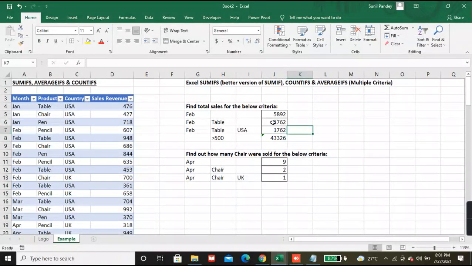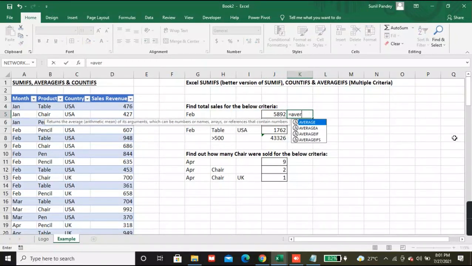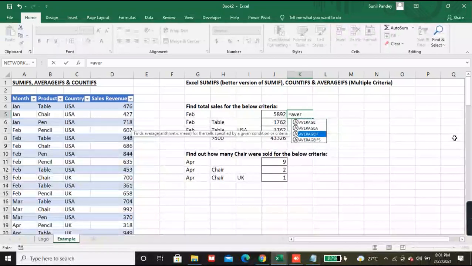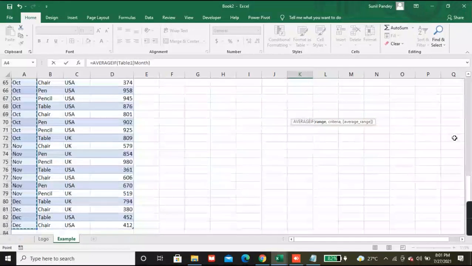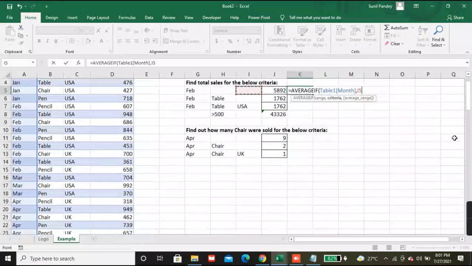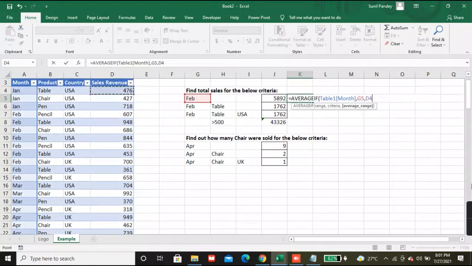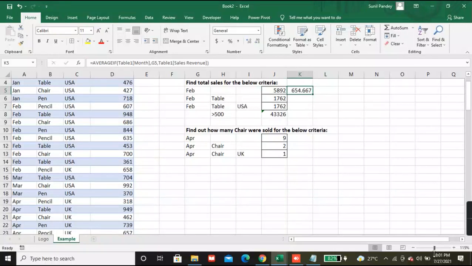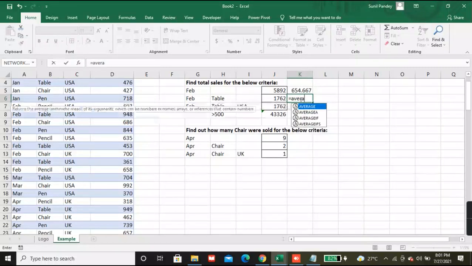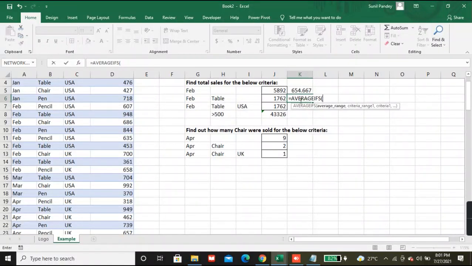Okay, same way, let me finish AVERAGEIF also. AVERAGEIF: range, criteria and average range. Okay, in AVERAGEIF, you can put only one criteria, and in the same way, in AVERAGEIFS, you can put so many criteria.